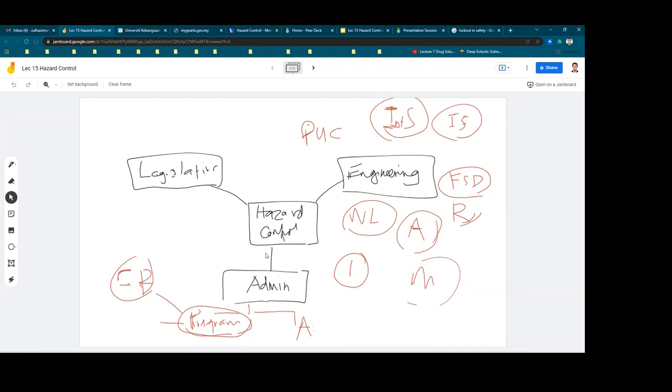Mutual aid agreement. Memang tak boleh pen saya ni. Okay. Mutual aid agreement. Saya kena pakai mouse. Okay. So this is also another type of administrative program, hazard control. That means a mutual agreement between the manufacturer ataupun the management of the chemical plant with the